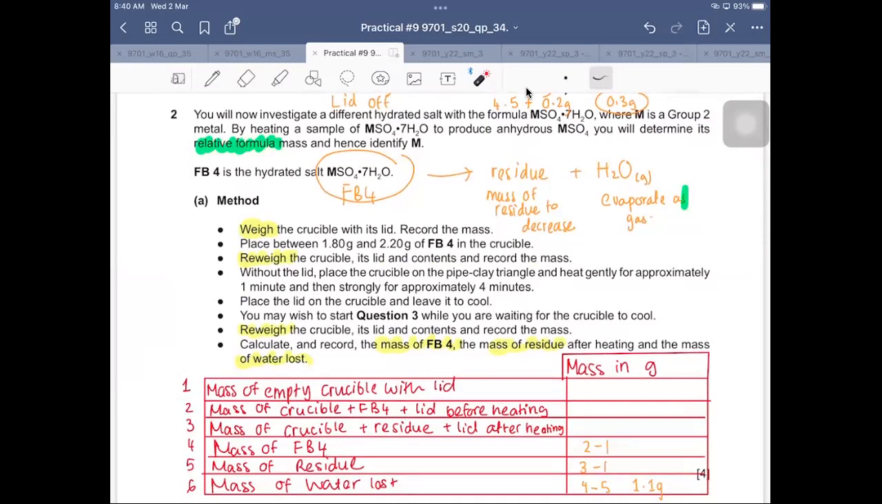Qualitative analysis stuff. Make sure you know how to work out the qualitative analysis reaction. Don't forget to